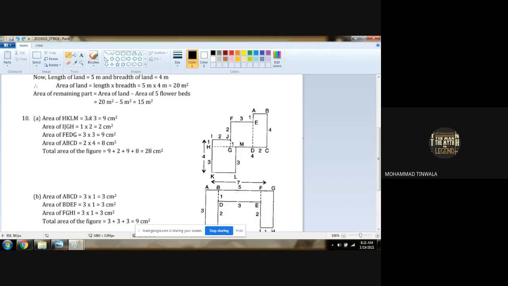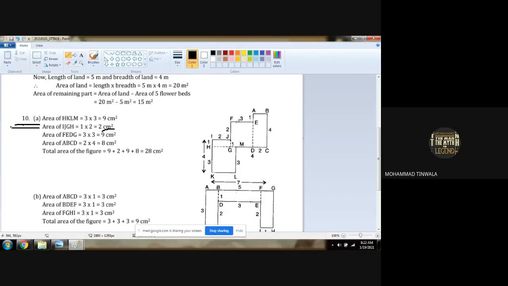So this is only for your understanding, not exam oriented. It's not that this will be compulsory in the exam. This is to understand how to find the area of this rectangle, how to find the area of this one, and this one. Is that clear? We should only know that the area of a rectangle is length into breadth. So whatever the digits are, they will be multiplied. 1 into 2, 2 centimeters square.